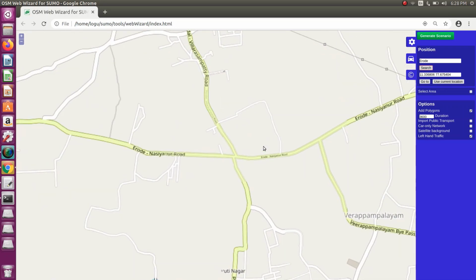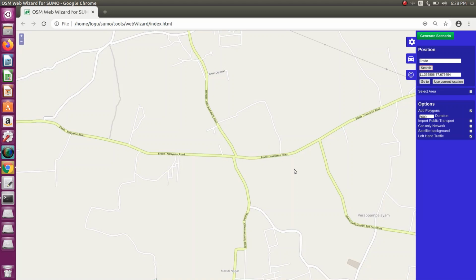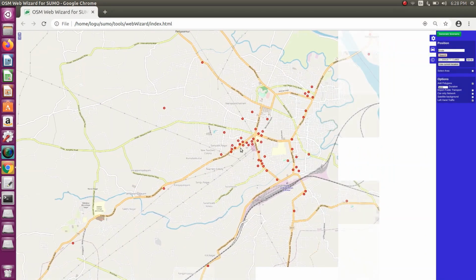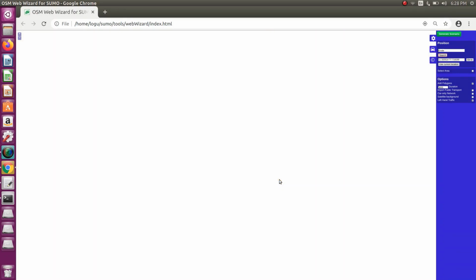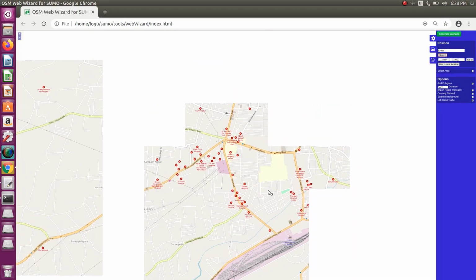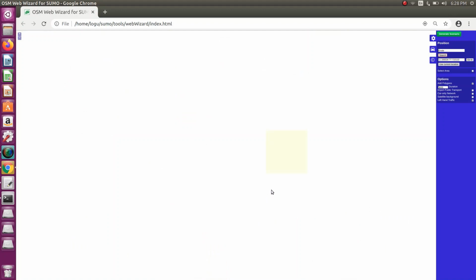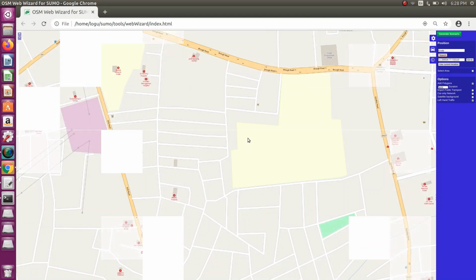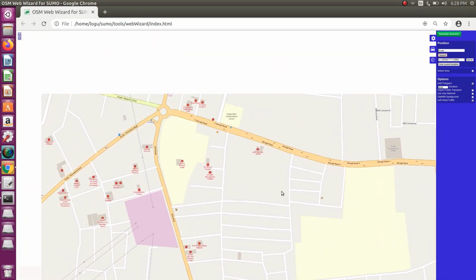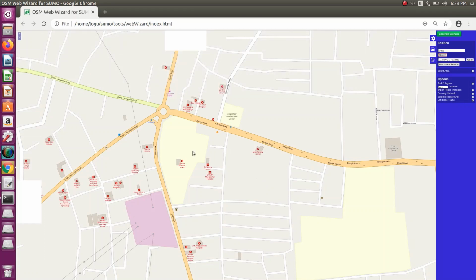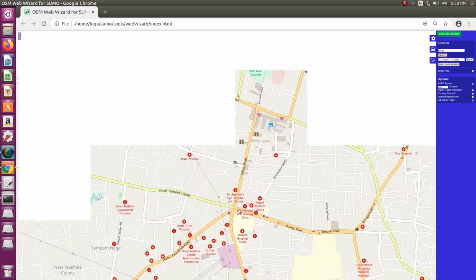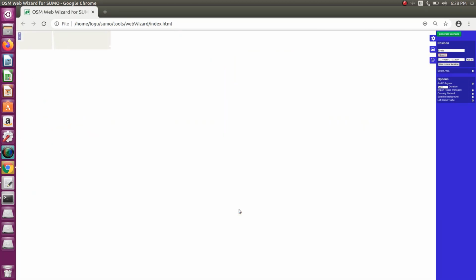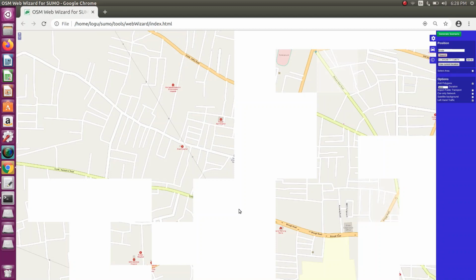So this is the map for Erode. So Erode Nasiyanur Road. It depends on your net connection, it will be displayed.